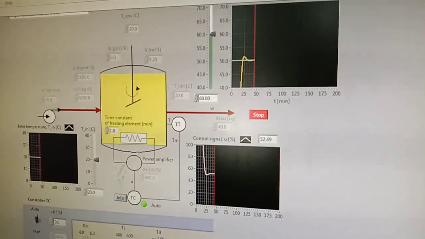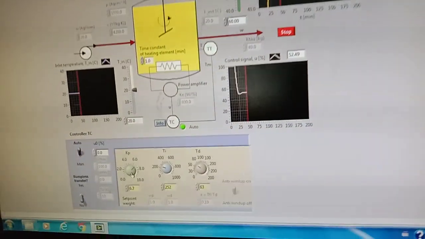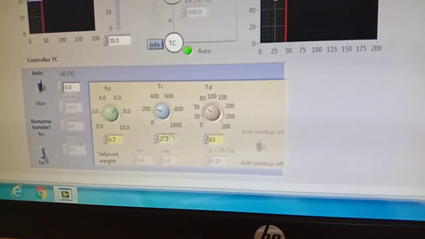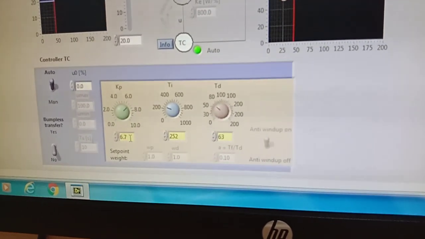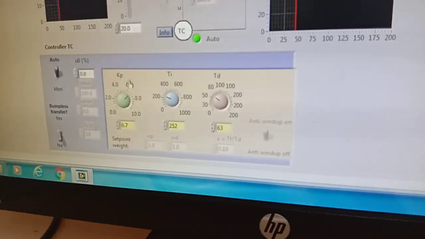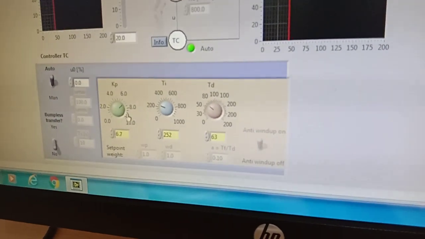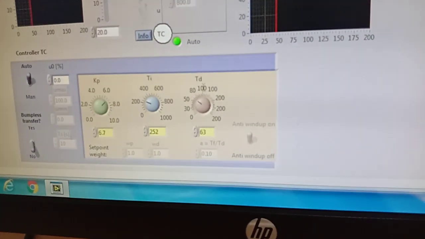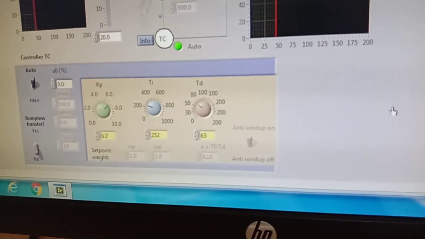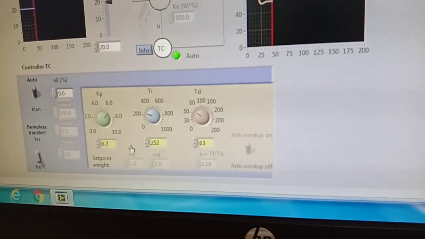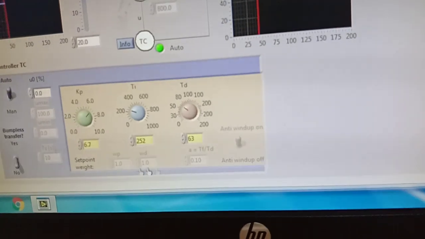Now for that we will design a PID controller. So here you can see that a PID controller already exists. Here we want to give the values of the gains of the controller. Kp refers to the proportional gain in the controller, Ti refers to the integral, and Td is the derivative. So here Kp, Ti and Td values we have to give.